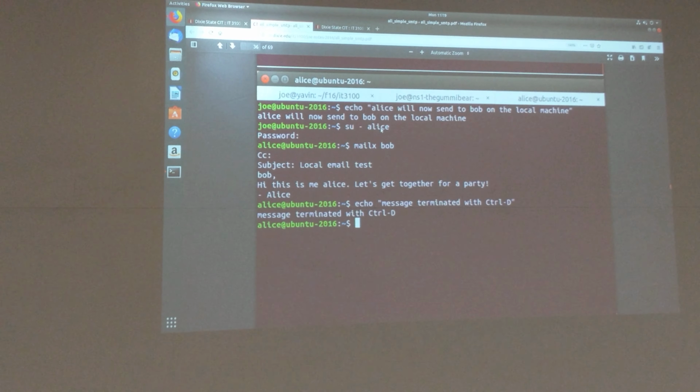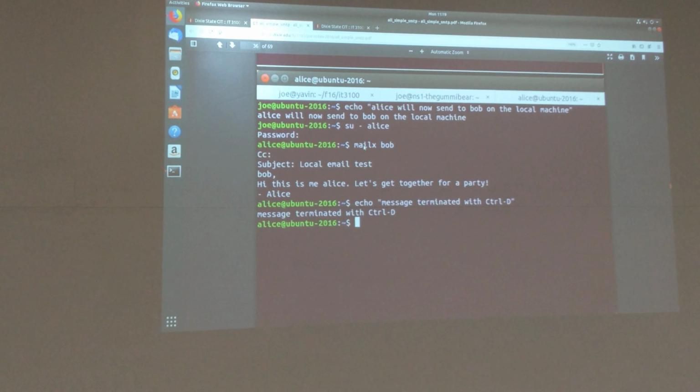So I switch user to Alice. Remember, always use the dash when you're doing the su command. And the command to generate a message is mailx. That was installed when we installed the mailutils package. So mailx Bob. And I don't have to put anything after Bob if it's just going to be a local